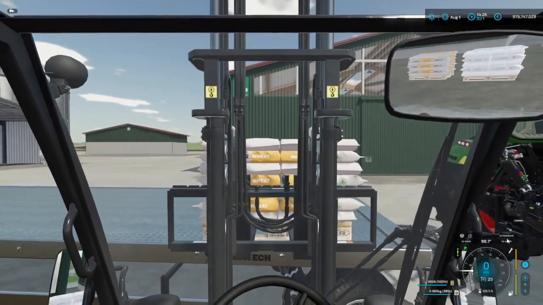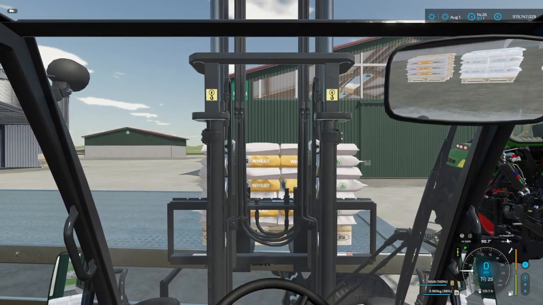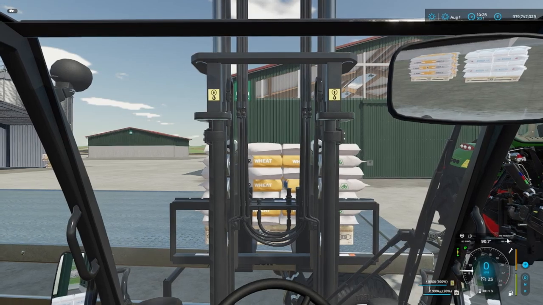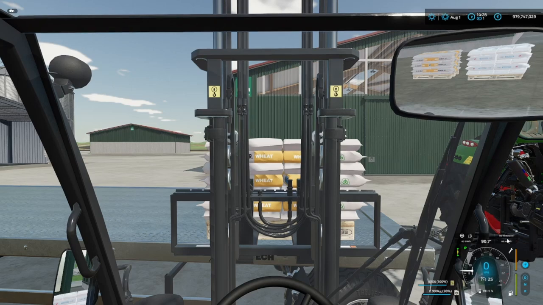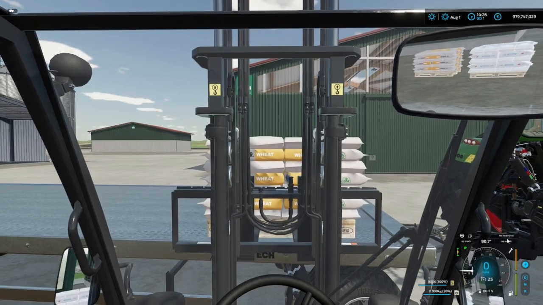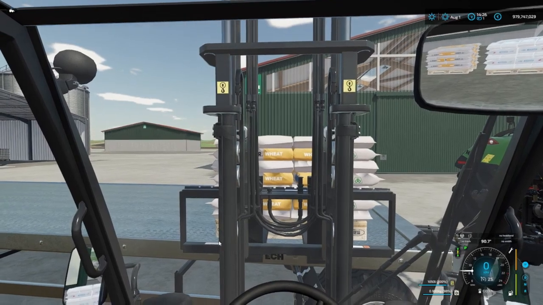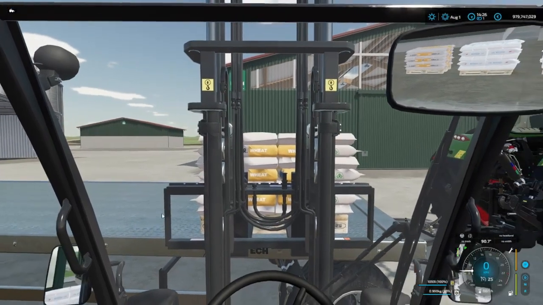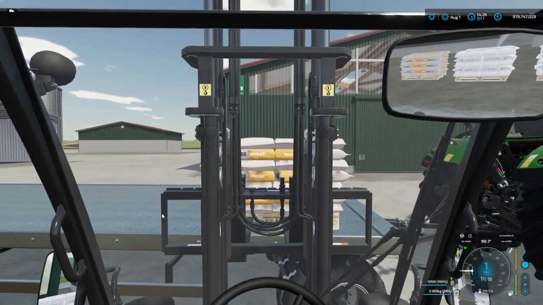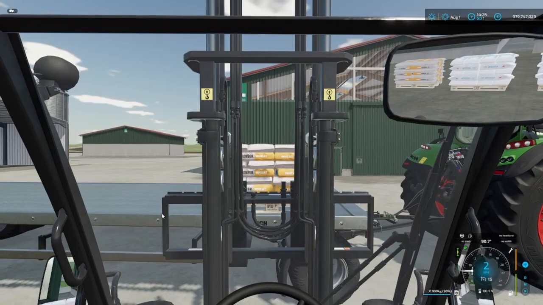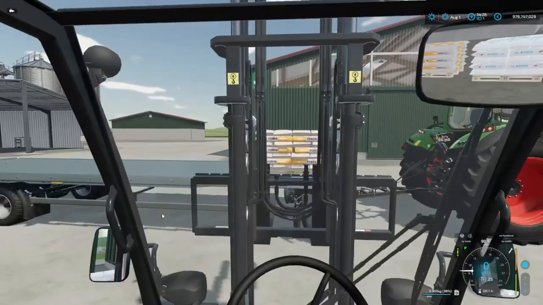Okay, it's sitting properly. And now, final, how much to lower? Okay, if I lower this, it's too low. So just when that part, that bar here, you can see it's one line with the trailer. Once again, let's try to reverse slowly first. There you go. So let's load another pallet